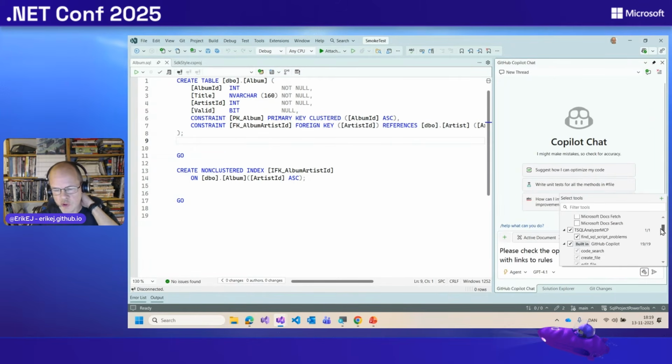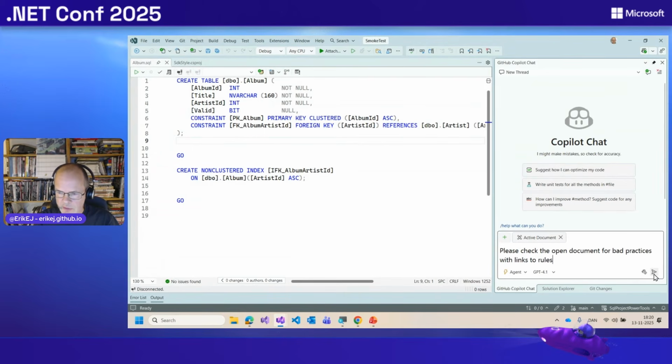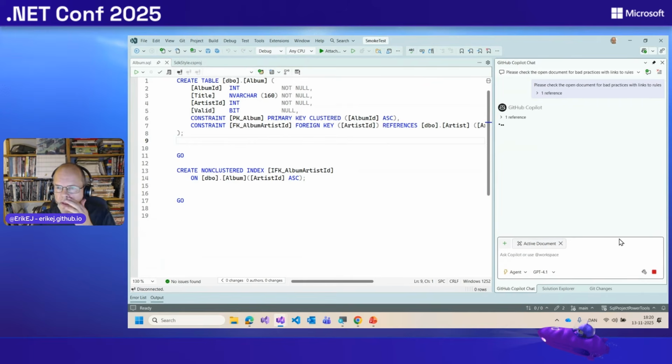So you still need to install the tool. Maybe in the future, Copilot will be able to browse a registry of MCP tools somewhere and find relevant tools based on the questions that you're asking. I don't think we're quite there yet, but you have to consent to having the tool installed. So there's also the issue of doing that the right way. You have to activate the tool. You can see I have a SQL Analyzer MCP, and then I have my Find SQL Script Problems tool here that is activated.